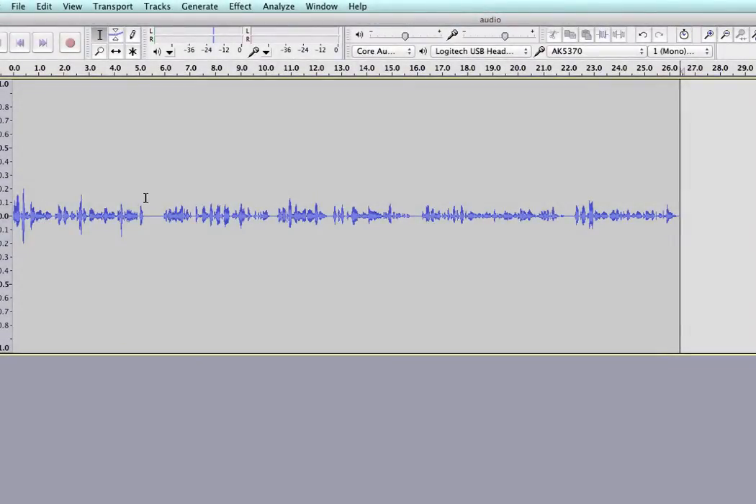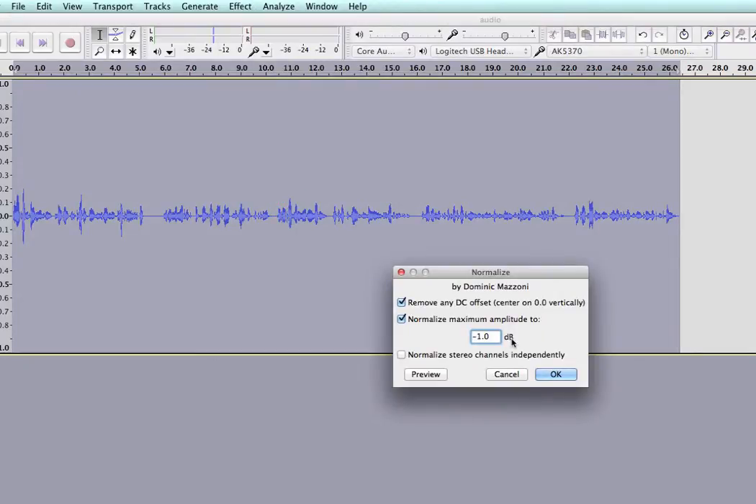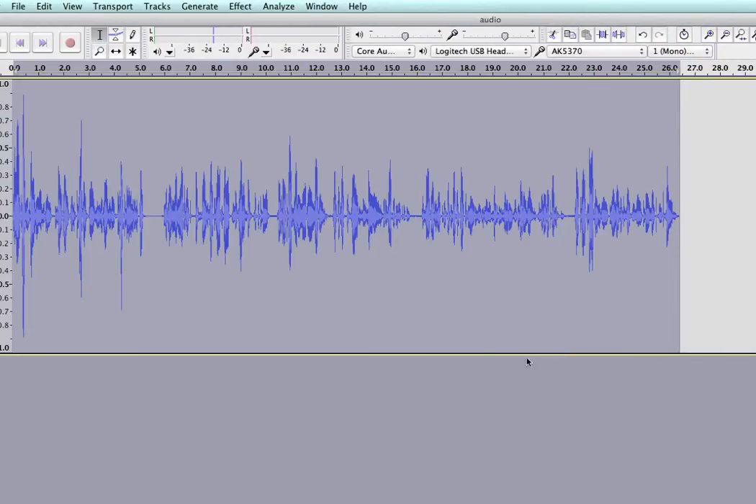Now, overall, my audio is a little bit on the quiet side, and we can do a trick to boost it up. I'm going to go up to the Effect menu and choose Normalize. It's going to offer me some settings here, and I'll just click OK for the default. And we can see that my volume has gone way up,